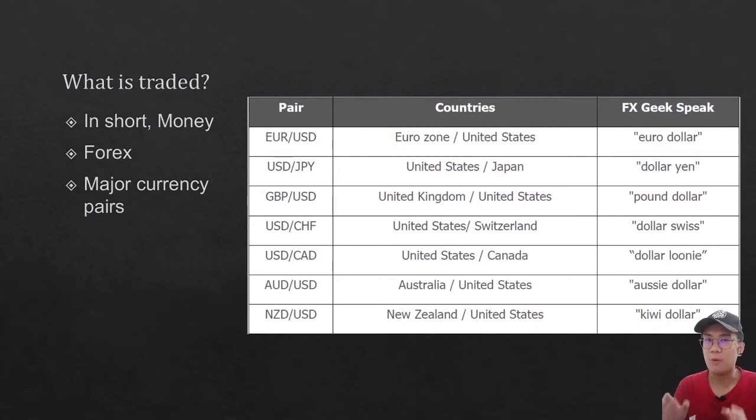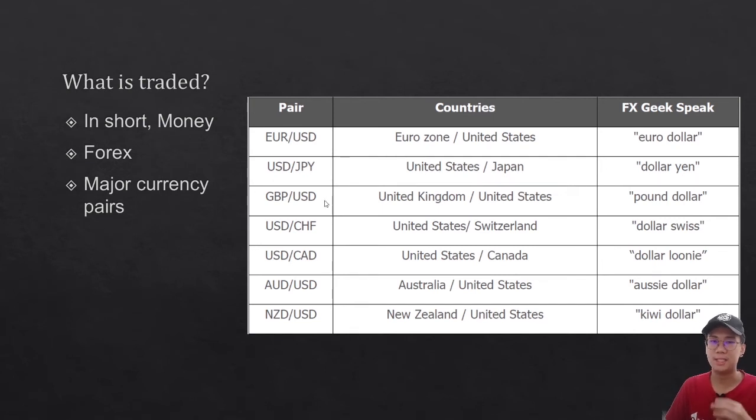So what are we actually trading on? What is our robot actually putting inside the market, and what are they actually trading? In short, we are trading on money. And yep, we are trading money, CFD markets and spot markets, and typically in the forex market, and more specifically in major currency pairs, which is what I show here: EURUSD, USDJPY, GBPUSD, and these three are my main favorites to test out the strategy. Some of the lingo out there, when you hear people say Euro dollar, dollar yen, pound dollar, these are actually referring to the same thing, which is here.